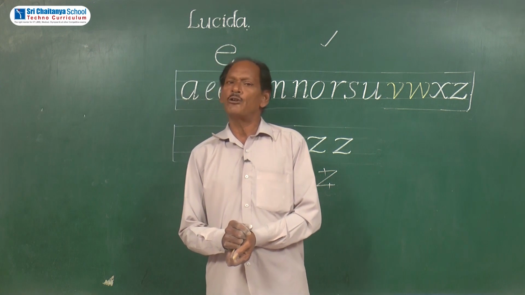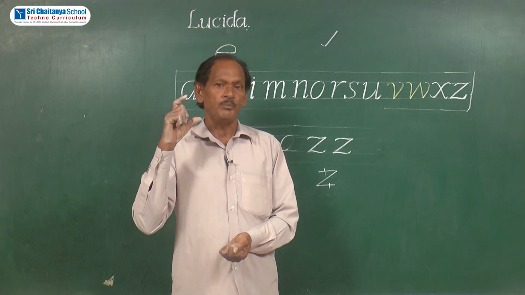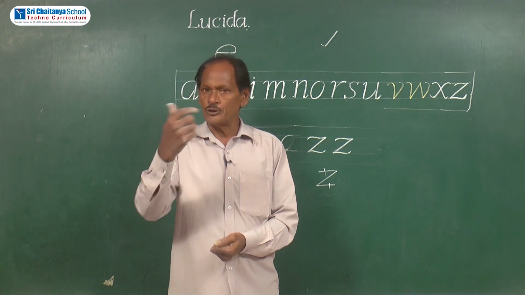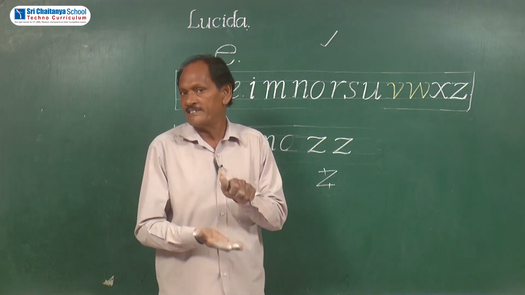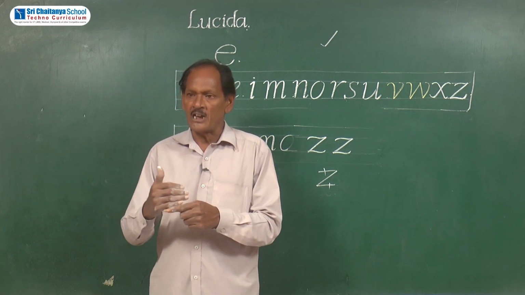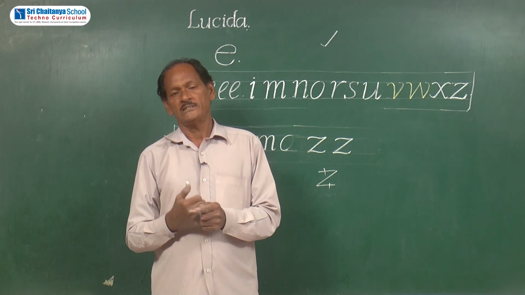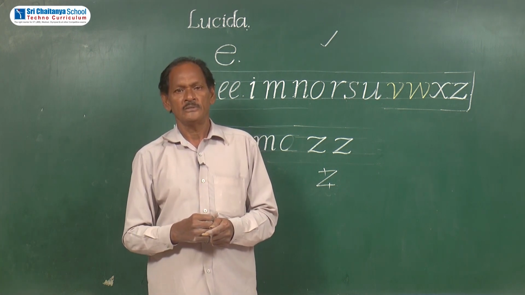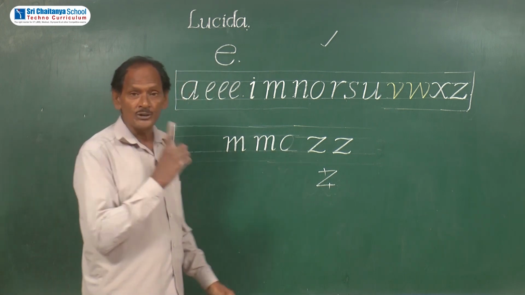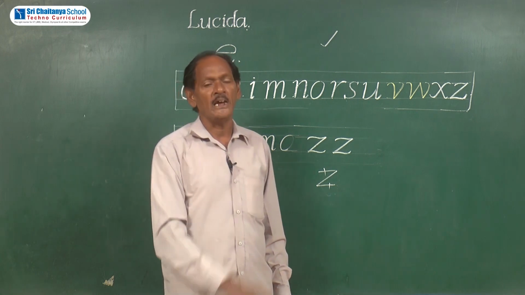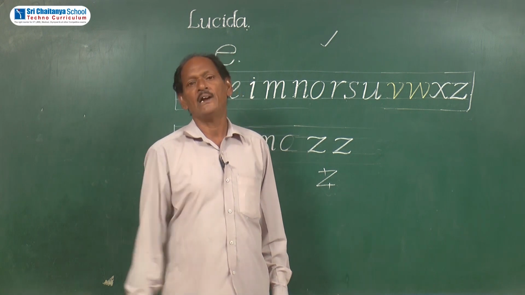And one important thing I want to say, that is, middle zone is the important zone. As I told you in our earlier class, from the middle zone, it means from the base of the letter, some strokes are lifted up and some strokes are dragged down. This is very, very important. The base of the letter lies in this middle zone only. So, this middle zone is also known as the heart of the handwriting.